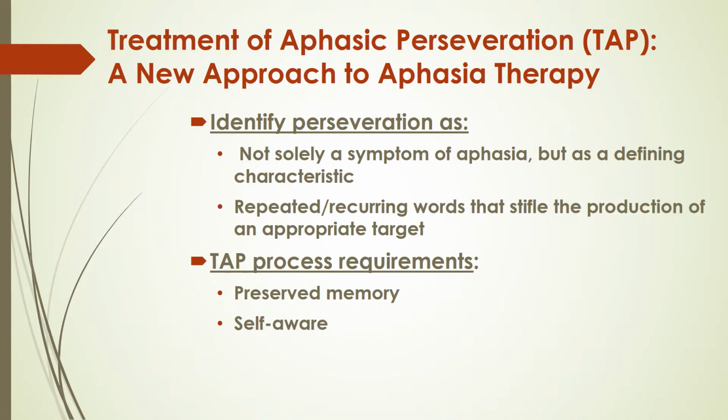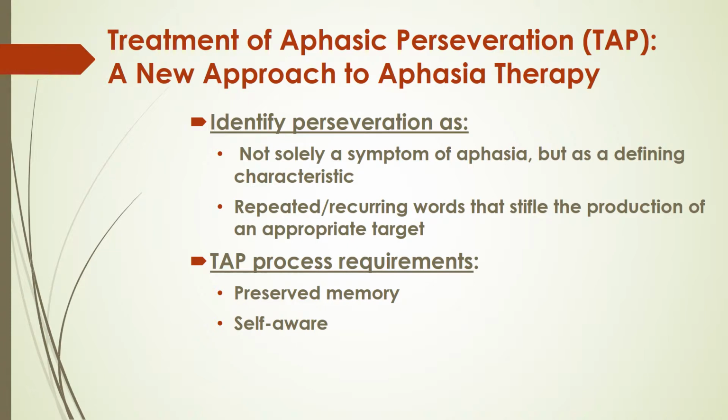My next study is Helm, Estabrooks, Emery, and Albert's treatment of aphasic perseveration, a new approach to aphasia therapy, which identifies perseveration as not solely a symptom of aphasia, but as a defining characteristic. They see perseveration as a stifling of the production of an appropriate target. The TAP process requirements include a relatively intact memory, and the therapy's main goal was to make the participant aware of the perseverative error. They believe that this burgeoning awareness would lead to greater control of output, thereby reducing the